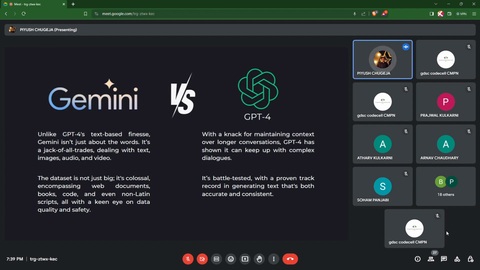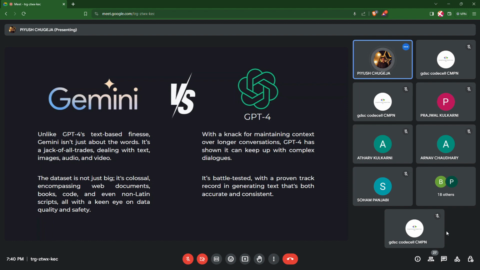अभी एक इतना बड़ा टेस्ट है जो ये एआई मॉडल्स को दिया जाता है. Now these AI models have to pass this test in order to be considered intelligent. GPT-4 passed this test at approximately 82% score, 88% score, but Gemini was able to pass this test at 90% score, making it the best and most capable AI model to currently exist. Now, the things we're talking about here is where GPT-4 is a text-based model. Gemini, again, it can deal with text, images, audio, and video.